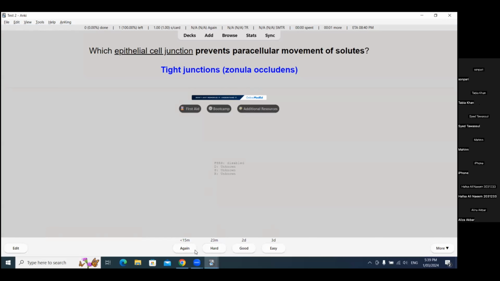Any questions up until here? Is there anything that didn't make sense over here? It's clear. Perfect. Now, again, one of the advantages that I mentioned of importing the Anking deck is these resources